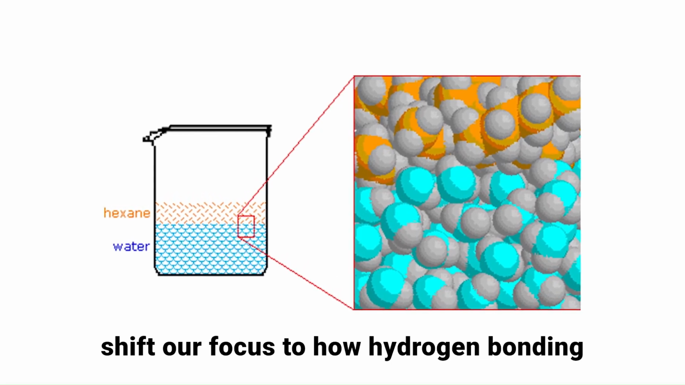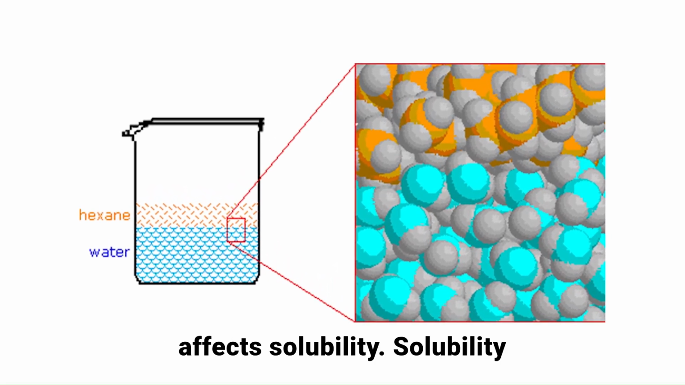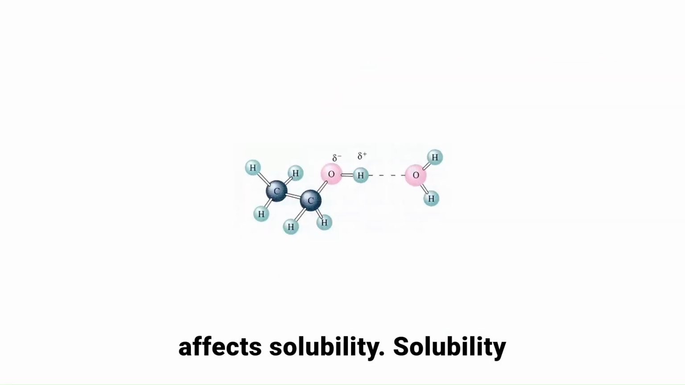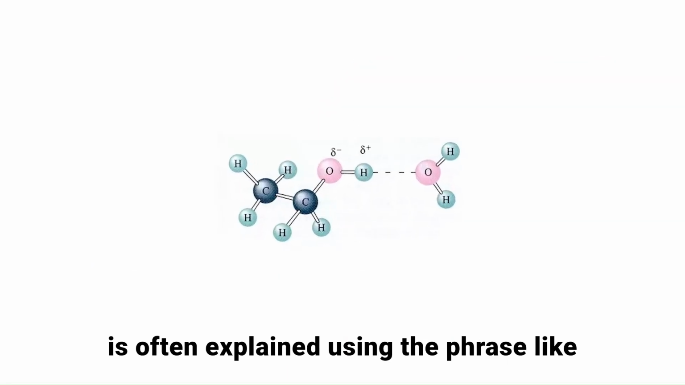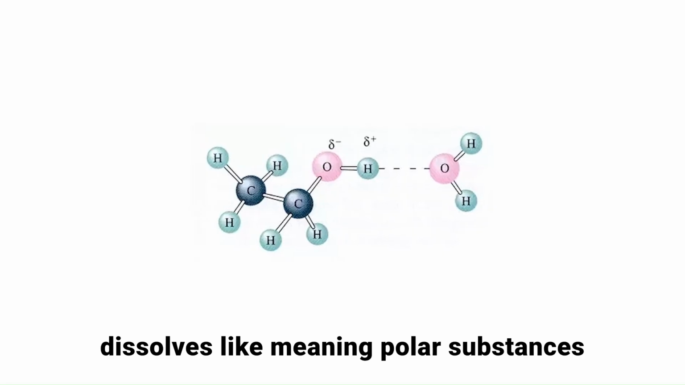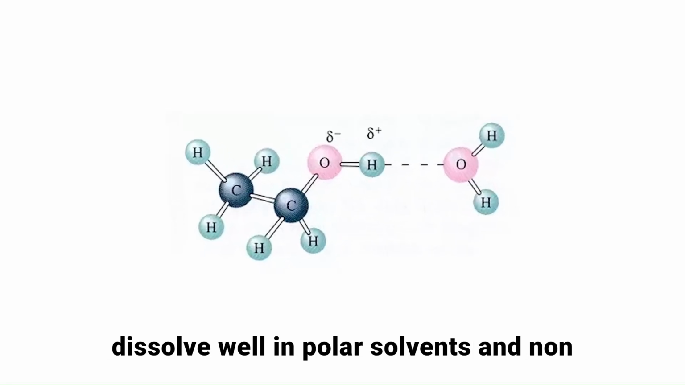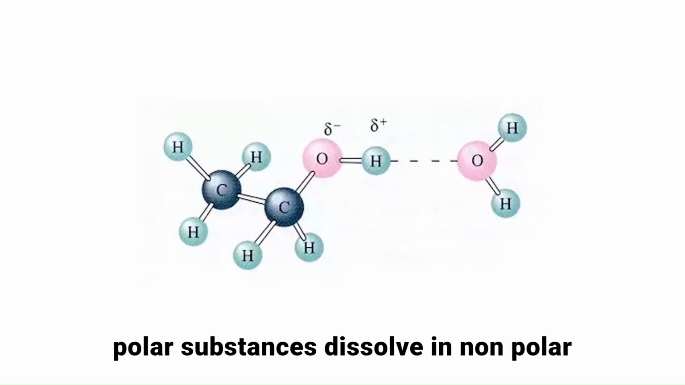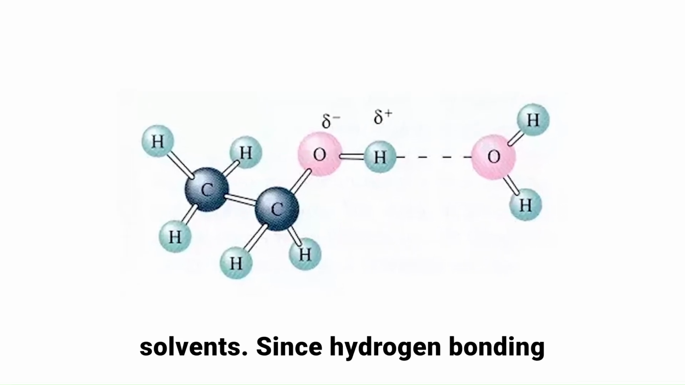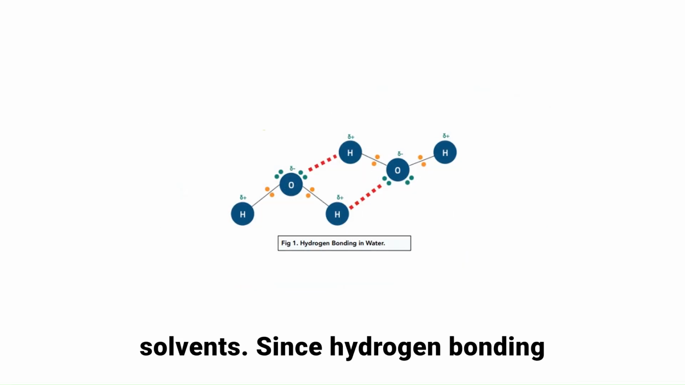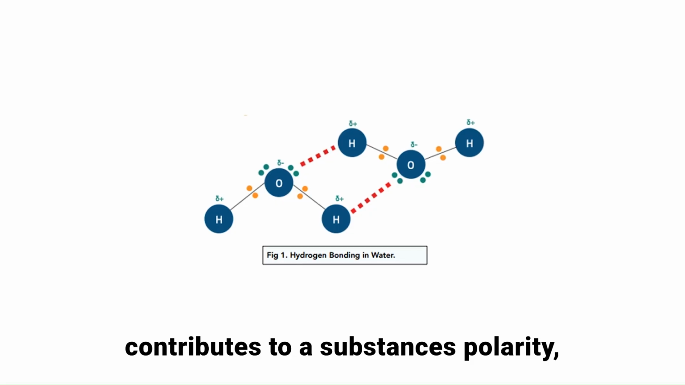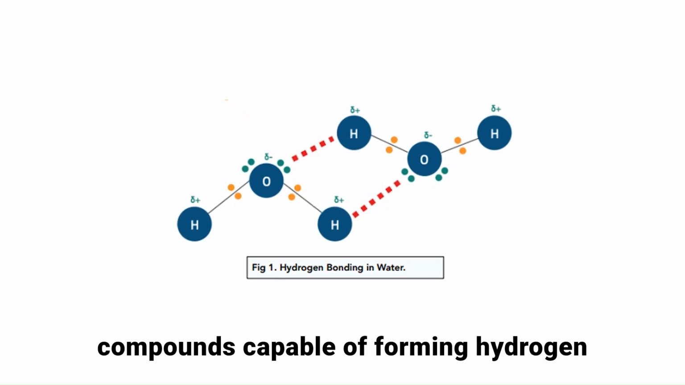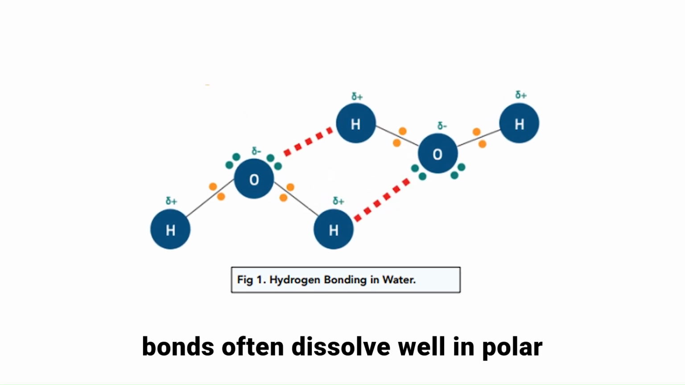Now, let's shift our focus to how hydrogen bonding affects solubility. Solubility is often explained using the phrase, like dissolves like, meaning polar substances dissolve well in polar solvents and nonpolar substances dissolve in nonpolar solvents. Since hydrogen bonding contributes to a substance's polarity, compounds capable of forming hydrogen bonds often dissolve well in polar solvents